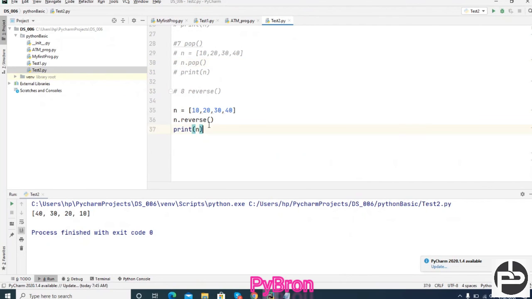Now, in an interview they will not ask this type of basic question. They might ask: take a list from the user and reverse the elements of the list without using any dedicated method. How will you do it? This is the homework again. Not homework, if you really want to do it, then happily you can.